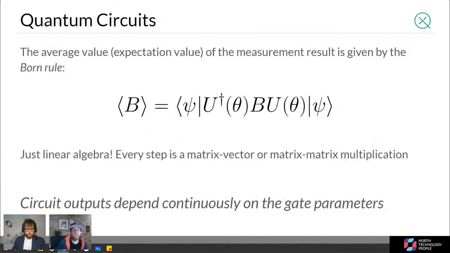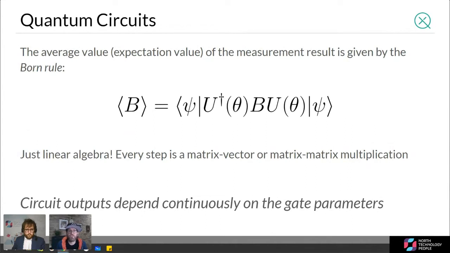I don't want to go too deeply into the details here, but the key point and main takeaway is that this output from running your circuit, this B on the left here, is linearly dependent on the gate parameters. On the right here, you've got a measurement where you're taking an expectation value of some measurement quantity B. You run your circuit and get a lot of different answers, but you can take an average over these to get an expectation value for that B. And the transformation doing this manipulation depends linearly on those gate parameters.